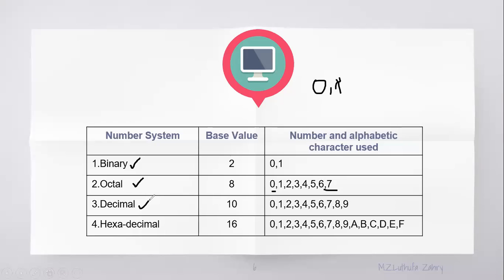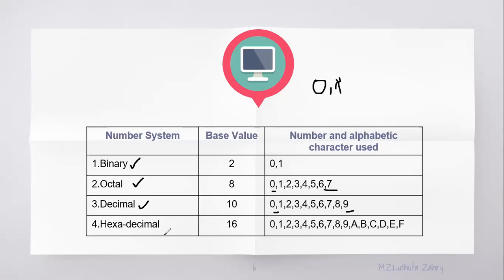Decimal is common. We all know the decimal number system, right? In day-to-day life, we use the decimal number system for anything. It is from 0 to 9. We combine the 0 to 9 and make large numbers and all. In mathematics also, you use this number system. So the decimal number system has 0 to 9.